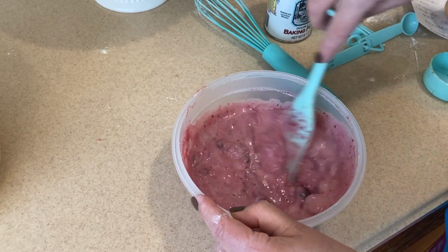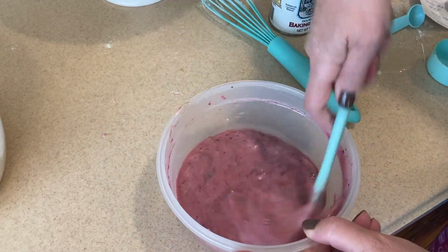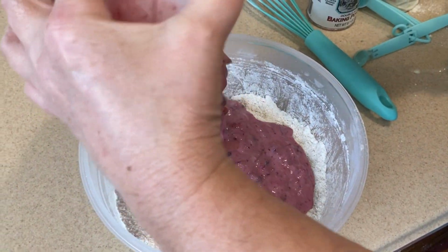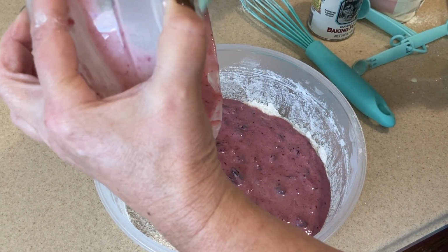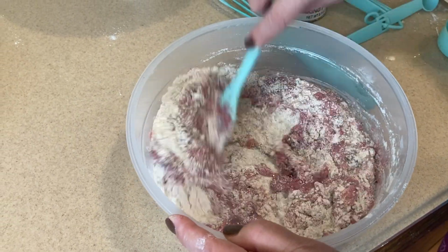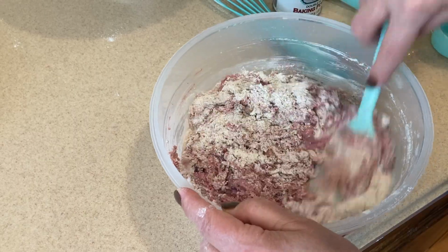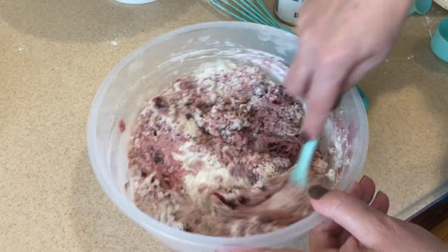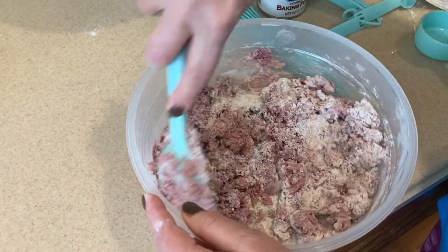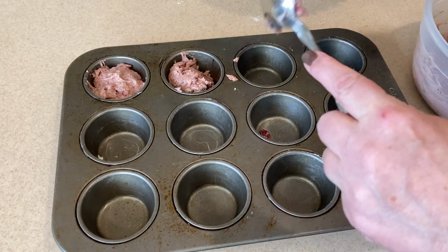So that's all incorporated. Now what we're going to do is, because this is a muffin, the least amount of mixing and incorporating is the best. So I'm just going to take this and add it right to my dry ingredients. And we're literally just going to fold this in and mix it gently. Did you see how easy this was? You just want to mix it till it's completely moistened, and you certainly don't want to beat it because we need that rise. My oven is preheating to 400 degrees,